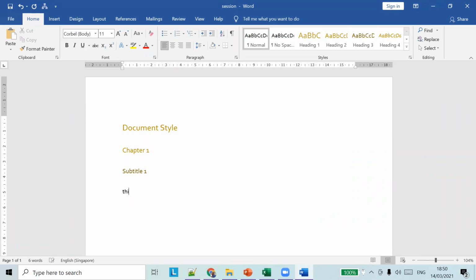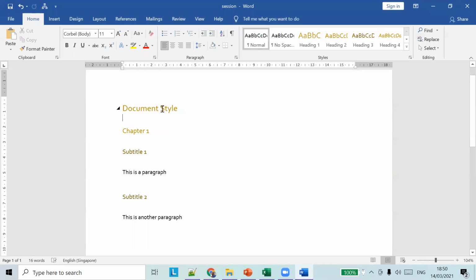And this is not a heading, this is just normal text. We didn't choose any heading. Another heading, we'll say Subtitle 2. This is another paragraph. So we have created some headings, and we have added different levels of headings.